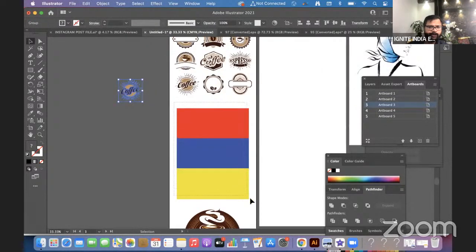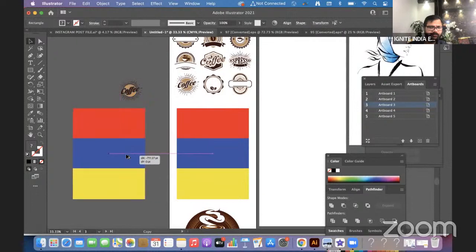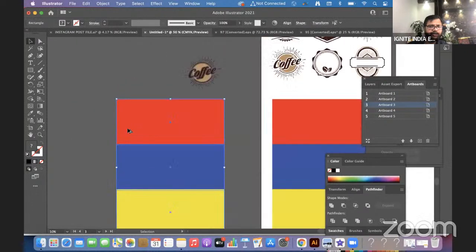Now what you can do, an easy thing, is you can make some texture using pencil, like the Staedtler color.